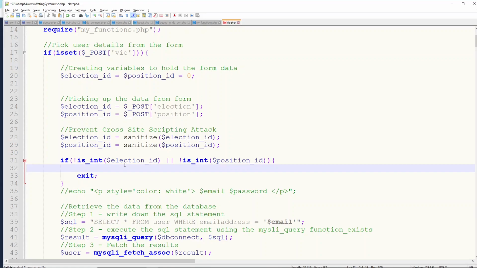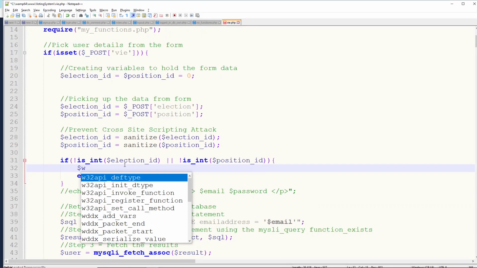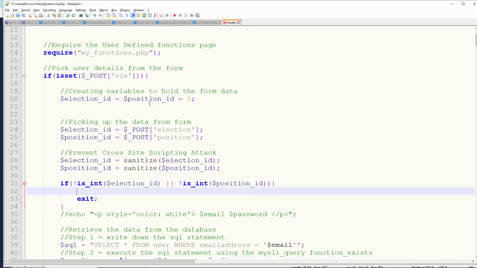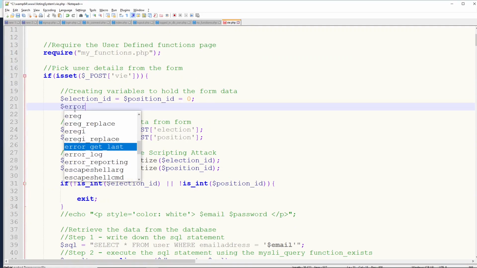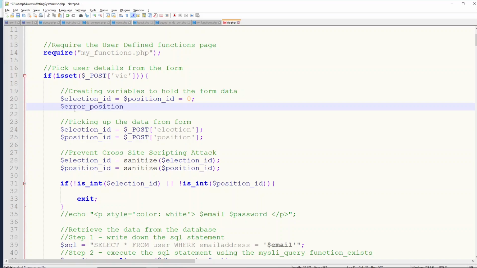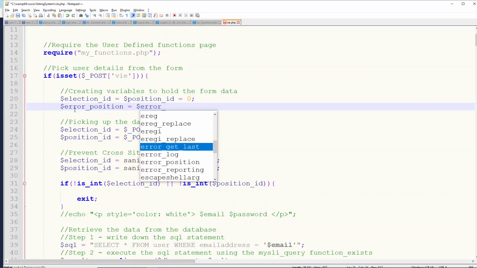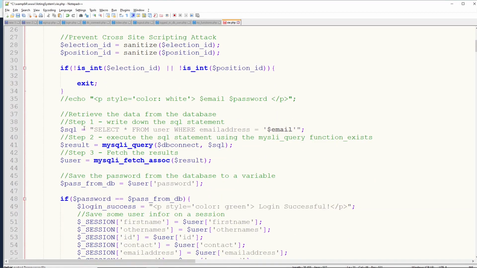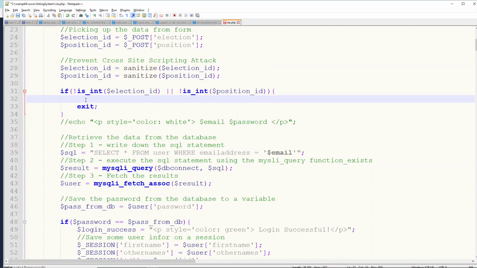So I think we had error position, a variable called error position. We can create error. Did you create? Okay, let me just create them here. Error underscore position is equals to error underscore election. Okay, so I think like I'm just gonna separate this, and let's just do error underscore position is equals to, and we can enter some value here,